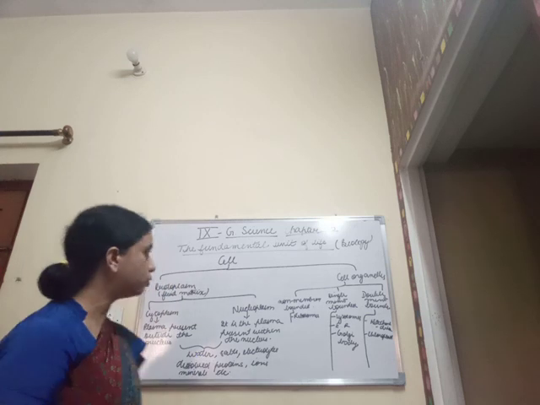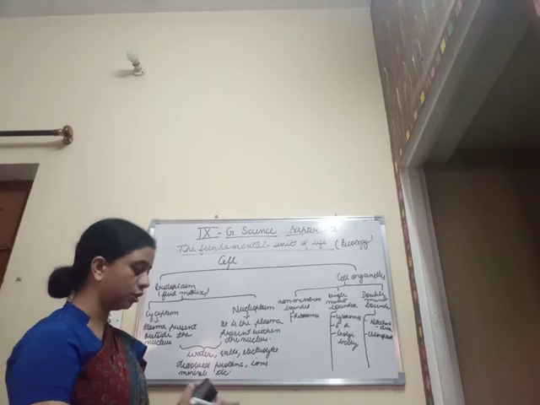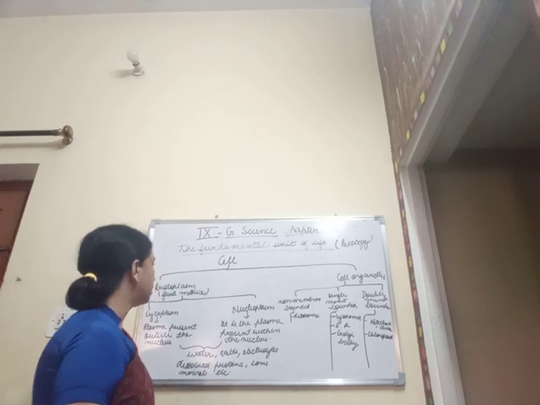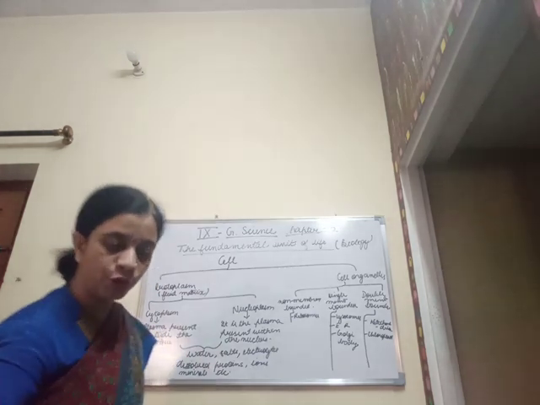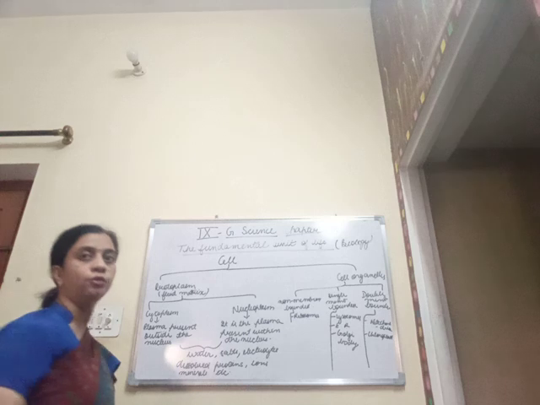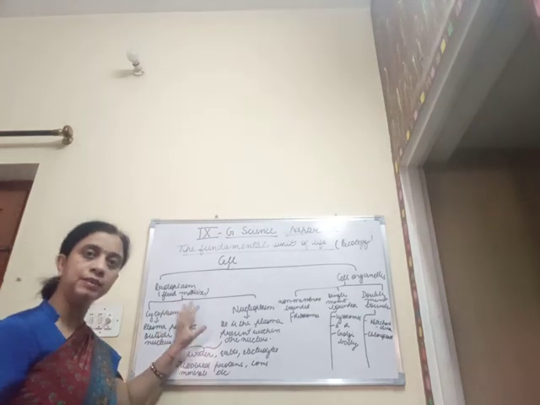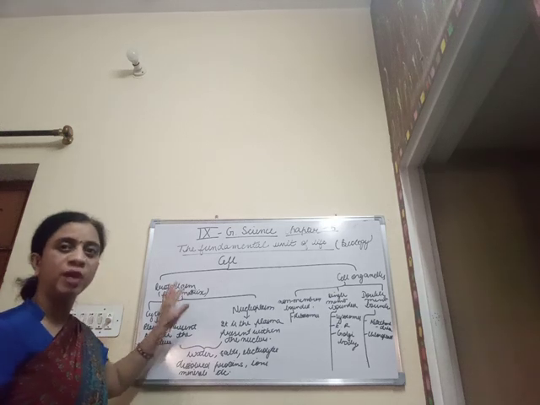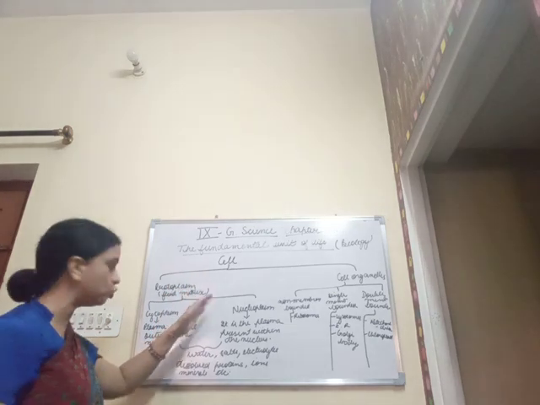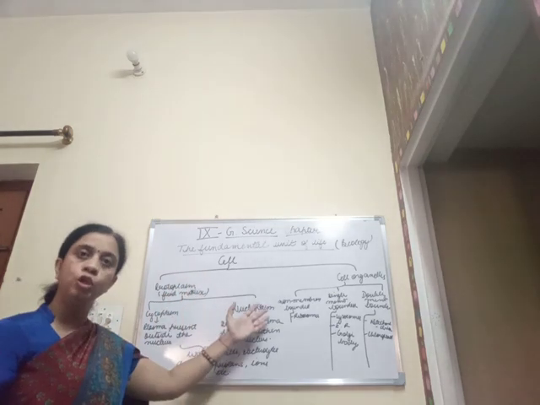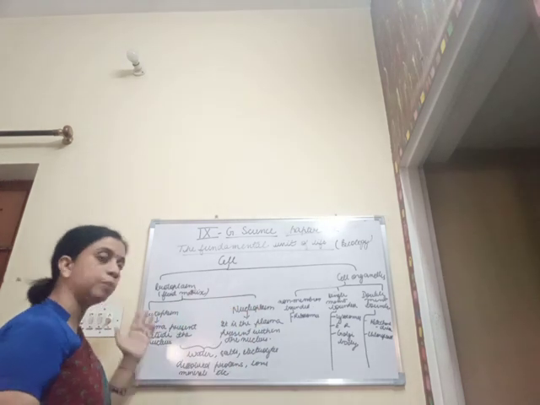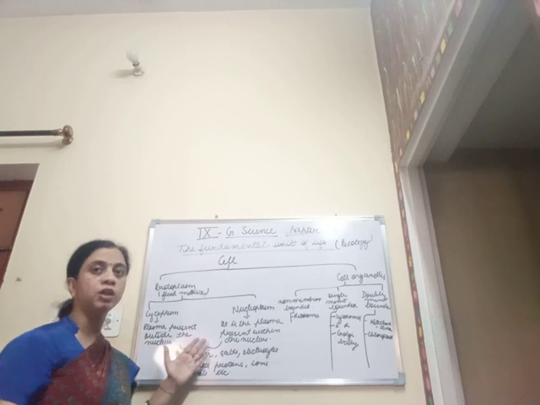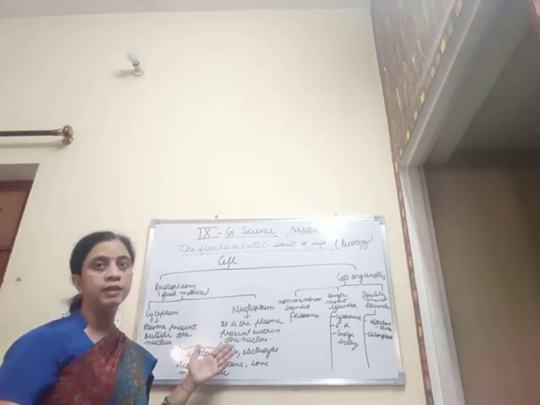So this is all about the flow chart wise distribution of the various parts of the cell. That is, it is made up of the plasma portion. Plasma means the fluid matrix portion that we find within the cell, and this fluid matrix portion is known as the protoplasm. Again, the protoplasm is divided into two parts, that is the cytoplasm and the nucleoplasm. The cytoplasm is the plasma content which is present outside the nucleus.